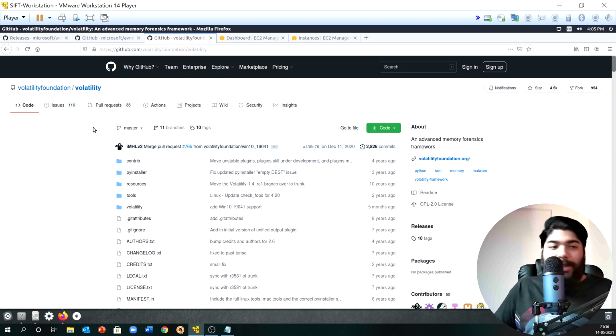I'm going to use Volatility version 2, but Volatility version 3 is already out there in the market, and I guess it's in beta version now. I'm assuming that, but you guys can verify that anyway. So comment and let me know whether you guys are still using Volatility 2 or Volatility 3. I would like to hear that as well.